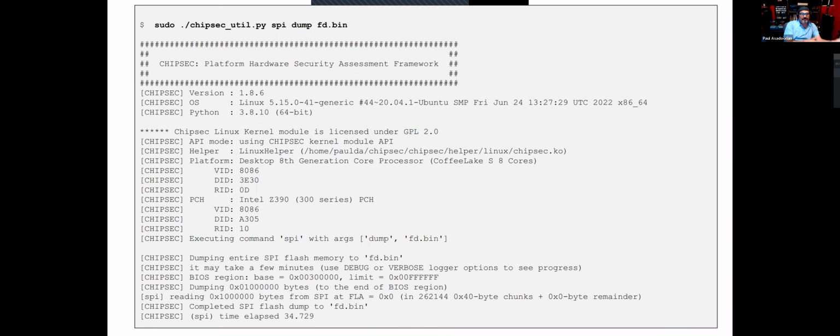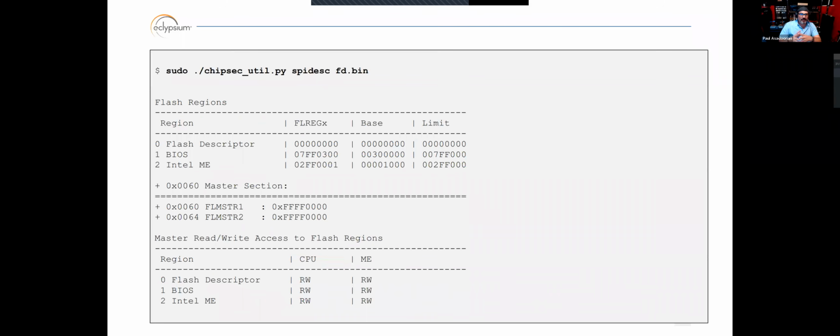The first thing I'm going to do is dump my SPI flash to a file called fd.bin using the chipsec command up above. Then I'm going to run the SPI descriptor module in chipsec. I'm going to use chipsec util spidesc against my dumped SPI flash file. What this is telling me is that there are 3 regions. I've cropped the output. There's more verbose output, but I've cropped just this section to show the flash regions. I've got a flash descriptor region, a BIOS region, and an Intel ME region on